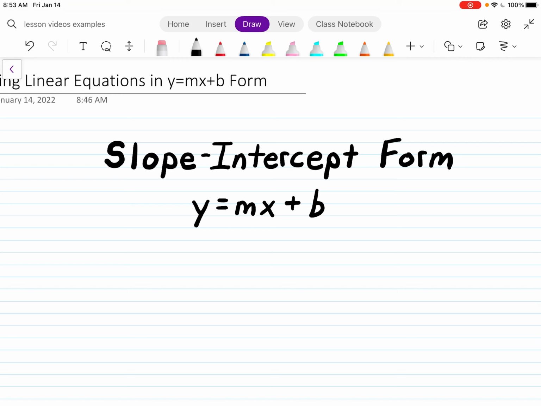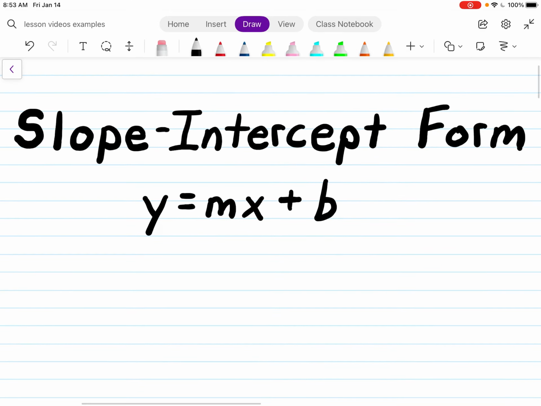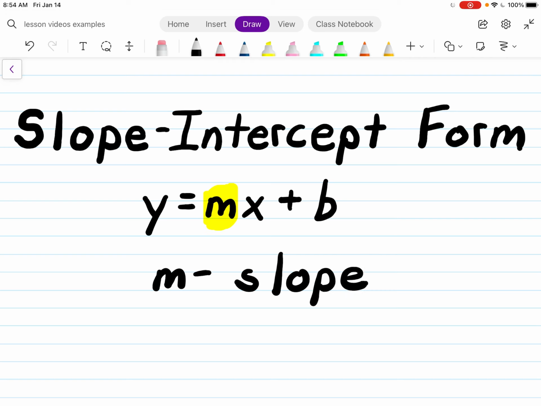So today, all you will be doing is, given the y-intercept and the slope of a line, putting it into slope-intercept form. As a reminder, slope-intercept form is y equals mx plus b, and you need to remember that the m in y equals mx plus b is your slope, and the b value is the